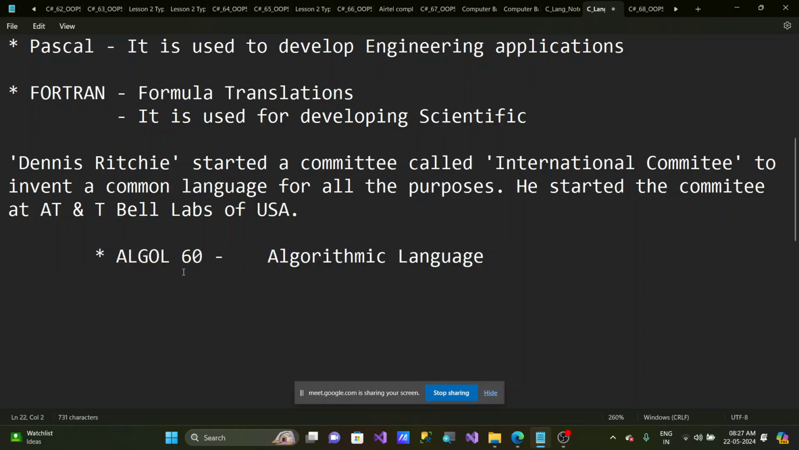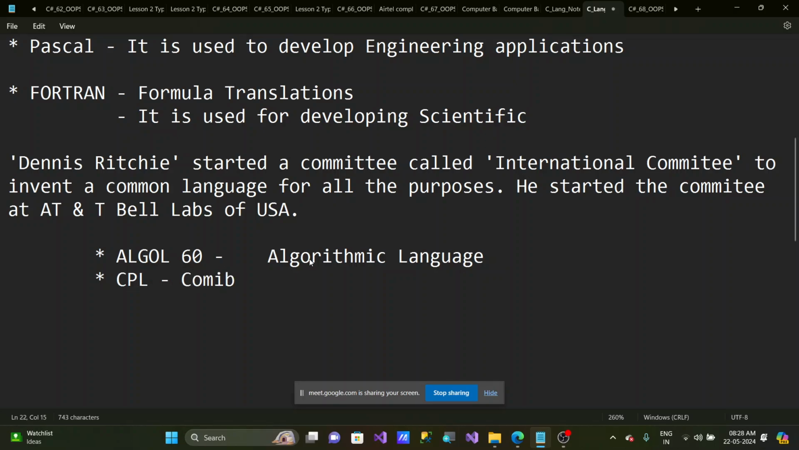He said, okay, we need to see something else. It's very tough to understand, first of all. So that's why they kept it aside. The algorithmic language is good, but it's not that effective. They stopped it, and a few years later they came up with a language called CPL, which stands for Combined